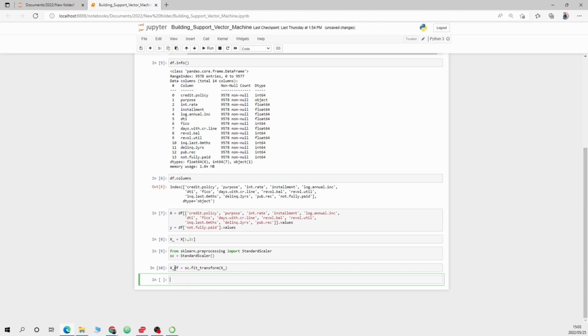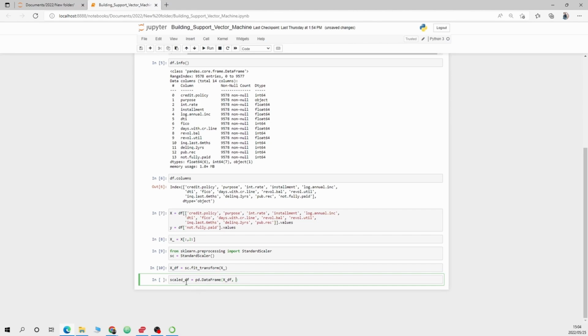Now I'm going to use this xdf to create a data frame so that I can plot with seaborn. So I'll create this new data frame and give it a name, scaled underscore df, is equal to pd.DataFrame. Inside of it, I'm going to insert the scaled features xdf,